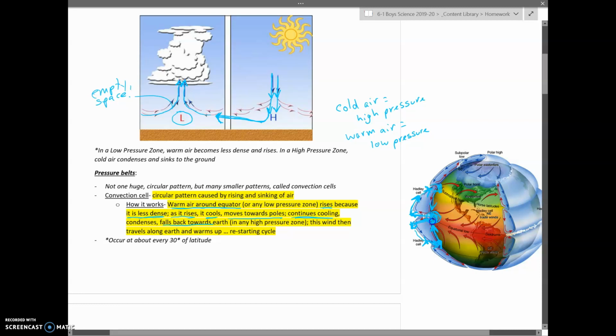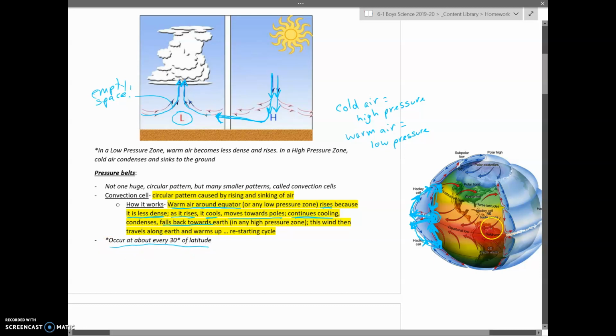So as more air leaves and floats up from the equator, that's always making new space for cooler air to flow in from the poles, or from south of the equator or north of the equator, because this air isn't coming all the way from the poles. That's not true. It's just happening in this little convection cell. It blows in across the surface of the Earth towards the equator, and these cycles happen at about every 30 degrees